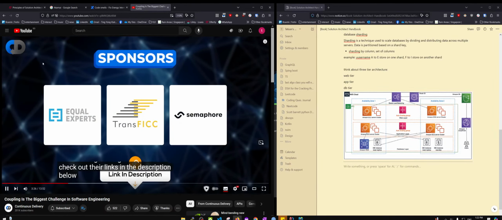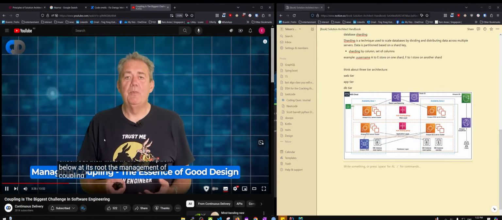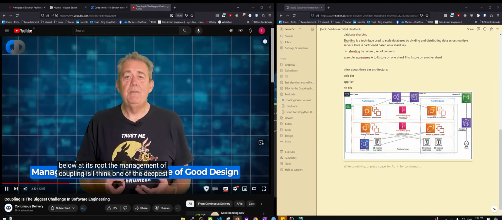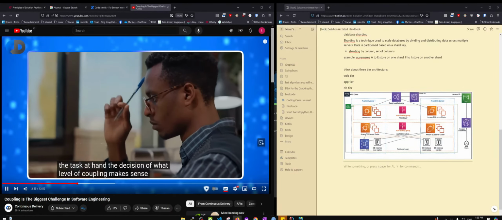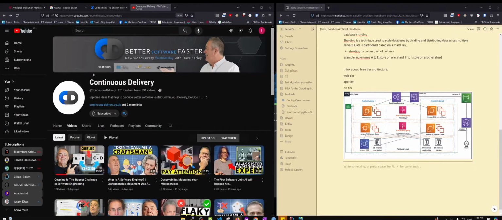At its roots, the management of coupling is, I think, one of the deepest fundamentals of design. The decision of what level of coupling makes sense and is appropriate is a